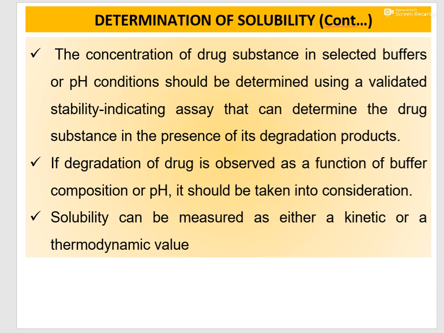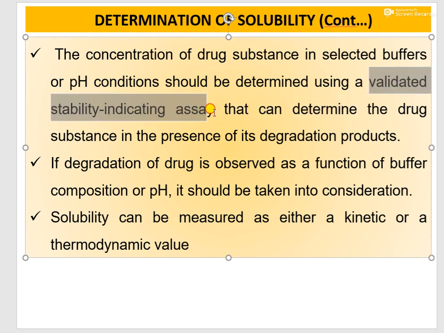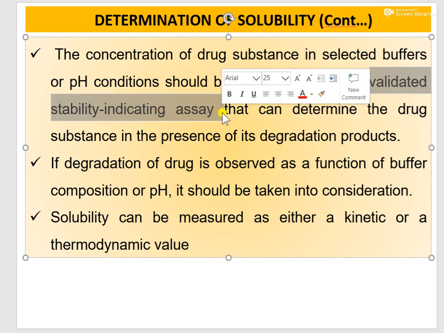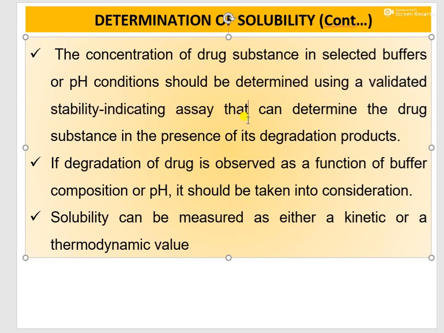The concentration of drug substance in selected buffers or pH condition should be determined using a validated stability indicating method. Means the solubility of your drug substance in selected buffer or pH condition should be determined by a suitable validated stability indicating assay. Means you have to use a stability indicating method